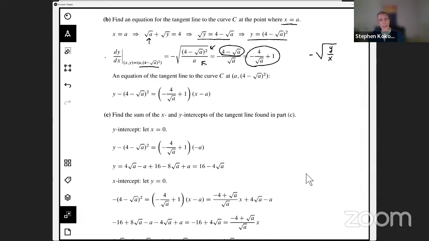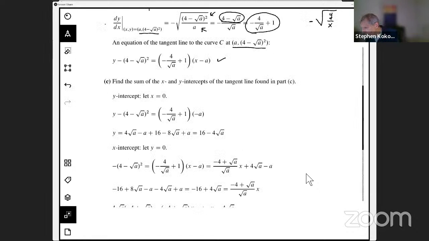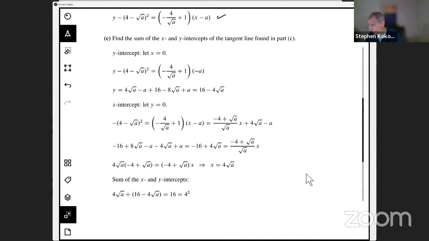So now I'm going to put it all together. And here's an expression for the tangent line to the curve at that point. I'm not going to simplify that in any way. I'm going to leave it like that because I think it's going to be easier to use in this form for my next question. Let's look at C. This sounds like kind of an odd question, but I'm going to try to bring it all together here in a minute. Let's see if we can find the sum of the x and y intercepts of the tangent line